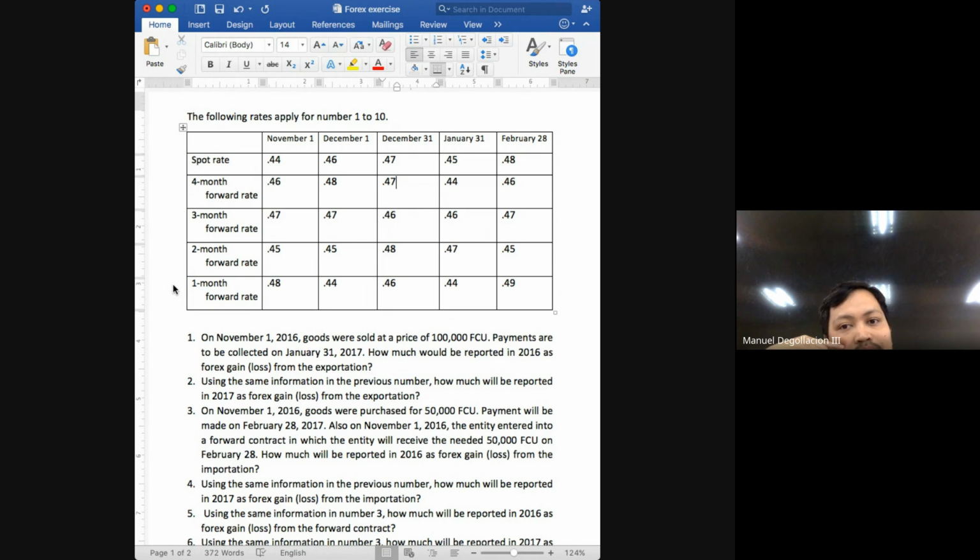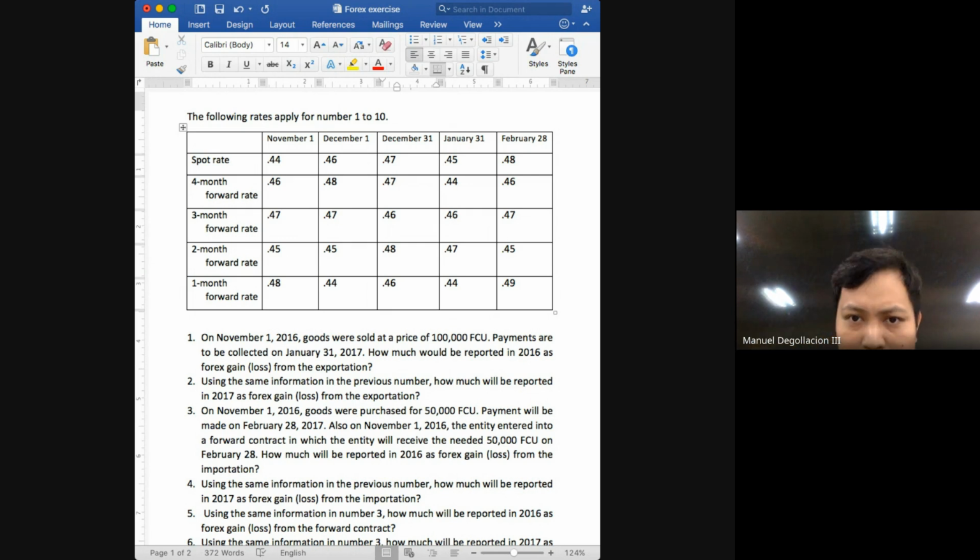Okay, and it's important for us to be familiar with the terminologies that you will encounter in the problems class. Number one would be your spot rate, class. Basically, your spot rate represents the current exchange rate. This is the rate at which you can exchange a foreign currency into our reporting currency, our Philippine peso, and vice versa, class. It is the current exchange rate. So if you exchange it today, that is the rate that you would be getting. That is the rate that will be used. The simplest way to understand your spot rate is that it is the current exchange rate.